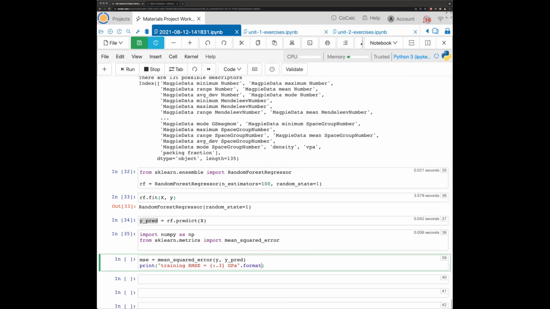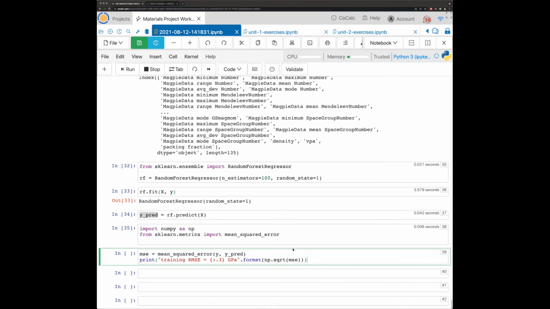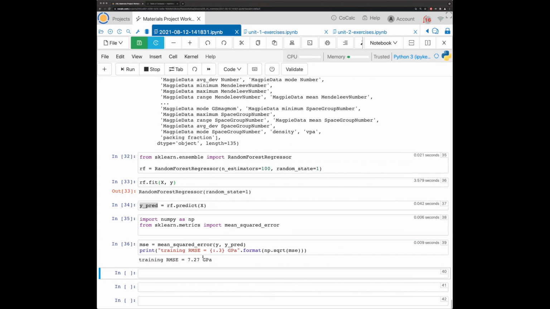And then .format(np.sqrt(mean squared error)). So let's run this cell. We can see our training root mean squared error is 7 gigapascals, which if you think about it is pretty good. But this is not what the actual error is going to be, because our goal with this model is